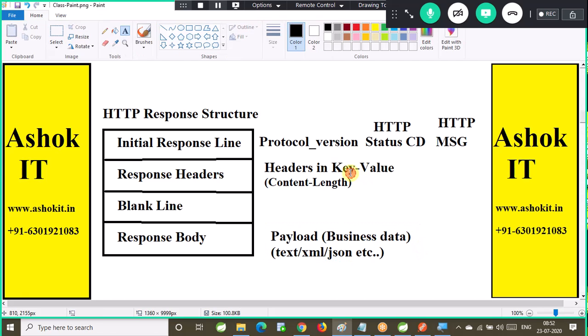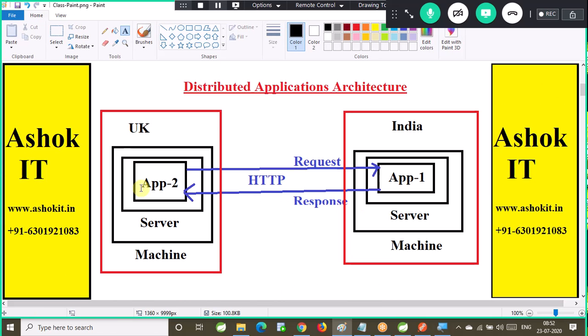So tomorrow we are going to develop a REST client like this, right? Application 2 will make a request to application 1. Application 1 will send an HTTP response with the status code and payload. If the status code is 404, that means the request itself is not processed. Then nothing will be there in the payload. So to understand client development, to complete your REST clients through programming, you need to know what status code the server is returning and what payload is returned by the server. Then only our client application development can be completed.